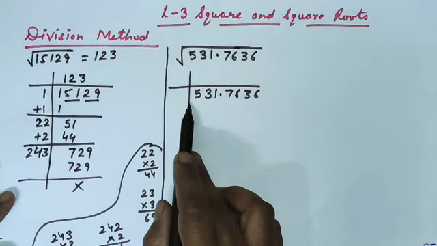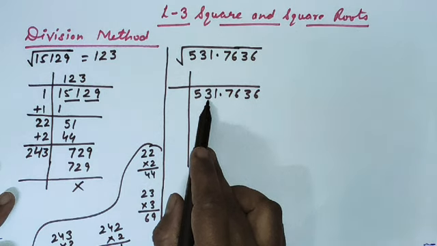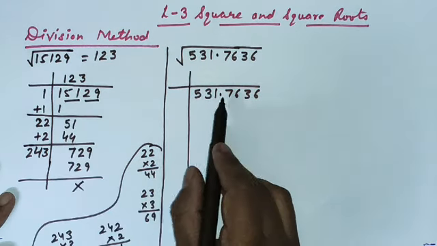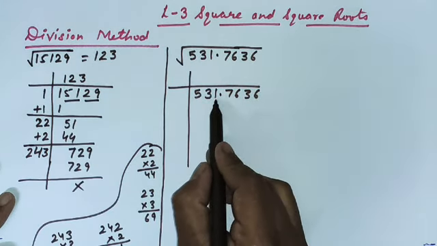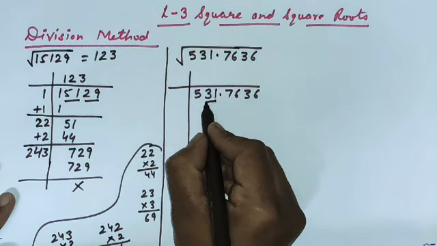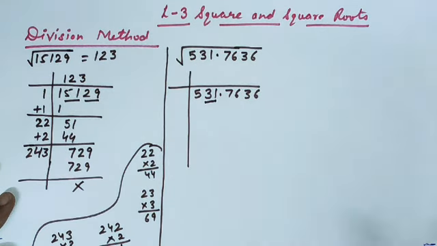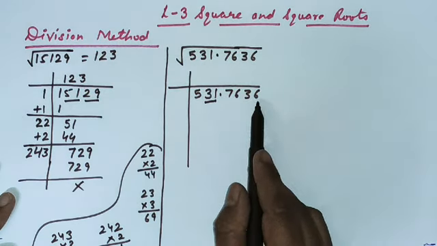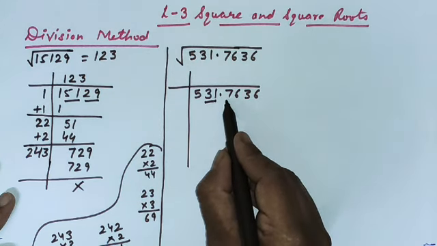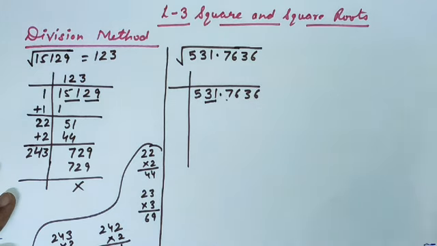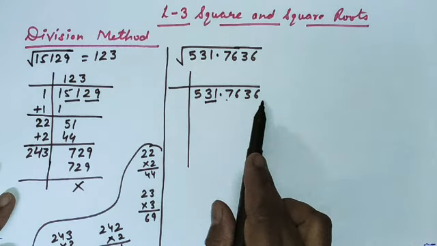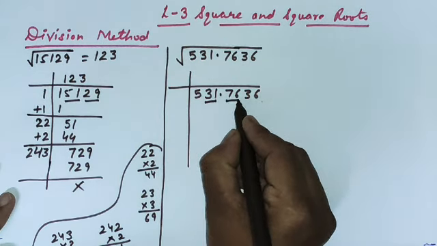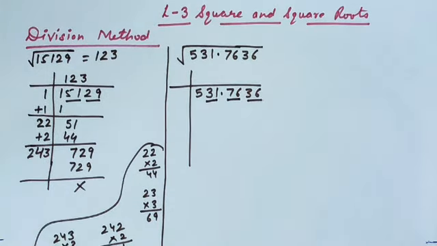In the left hand side of the decimal, the rule of pairing is same as we did here. That means in the left hand side of the decimal, from the right hand side we will start making the pairs. One pair is formed and 5 is remaining. But in the right hand side of the decimal, we will start making the pairs from the left. This time I will not start from here. I will start from here. Listen very carefully. At the right hand side of the decimal, we will start making the pair from here. So these two pairs are formed.